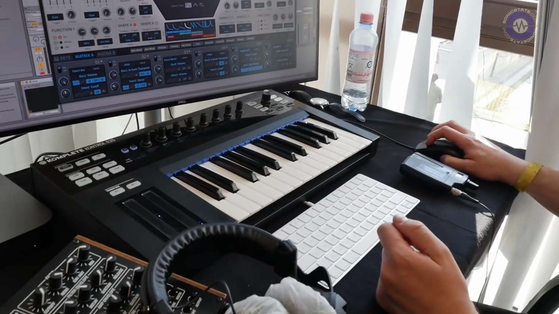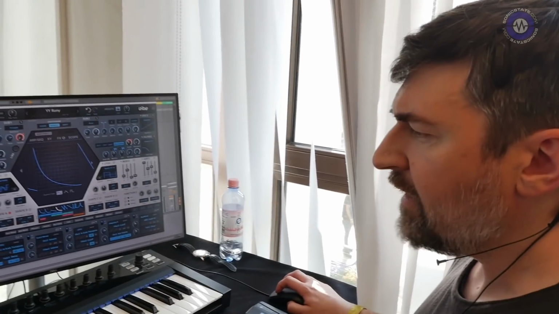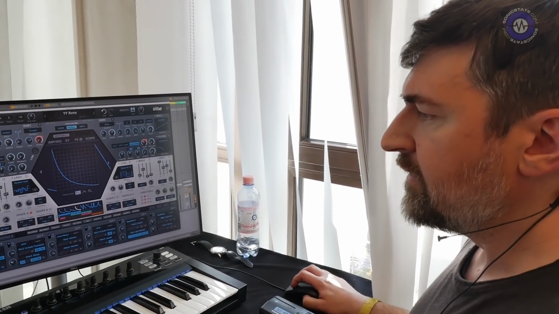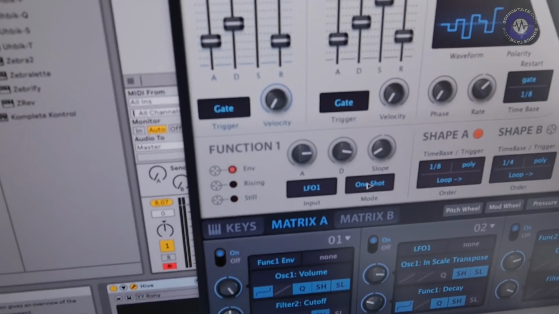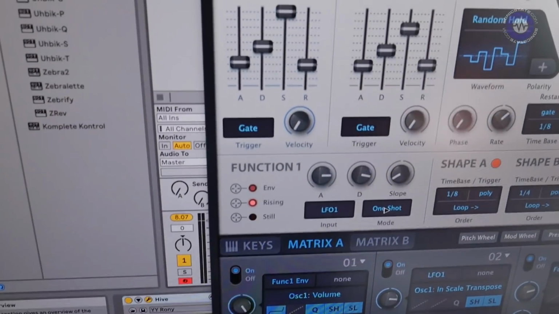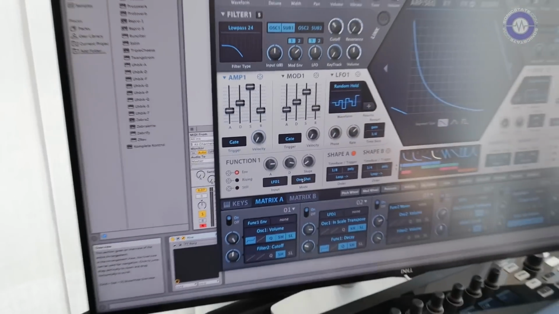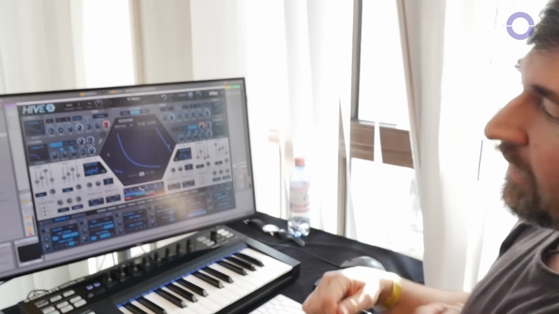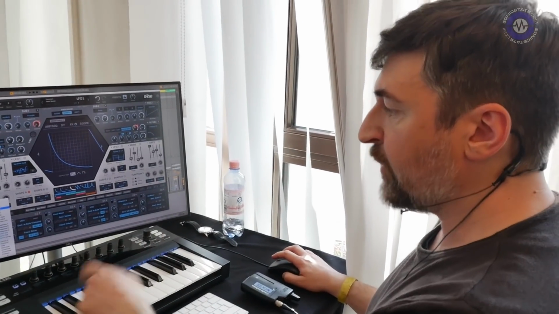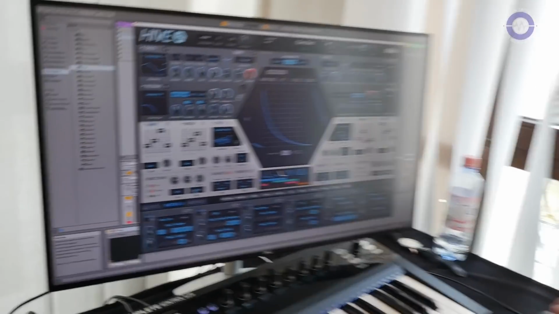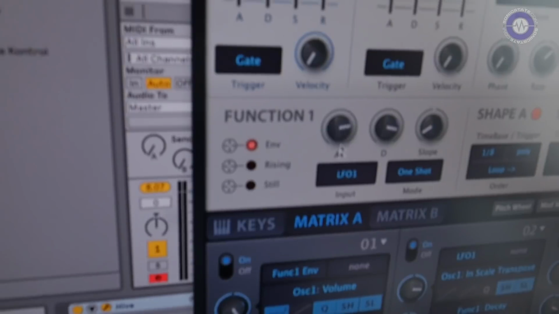So the second thing we added to this Hive 2.0 update are the function generators, and they are a bit inspired by ideas from the modular world. They have several modes. I should maybe say the function generators transform a modulation signal into something else. Yeah. You can have anything as input, LFO, or even your keyboard gate, and that either triggers an envelope that